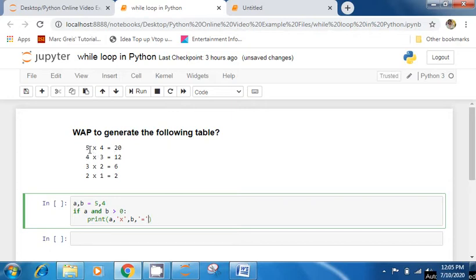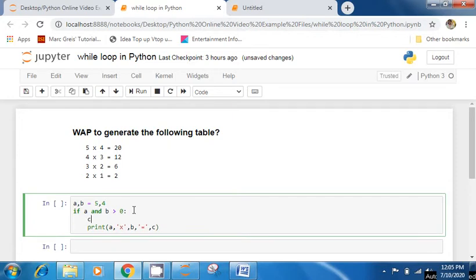This will print a into b equal to, and then I need to multiply these, so I am writing another variable c, and this c will be a into b.